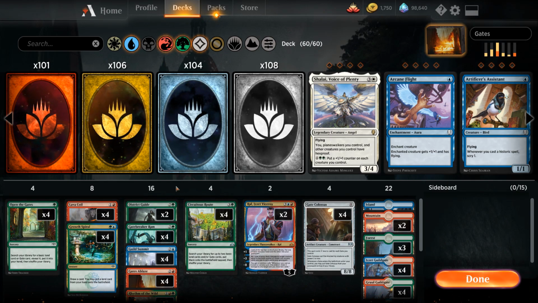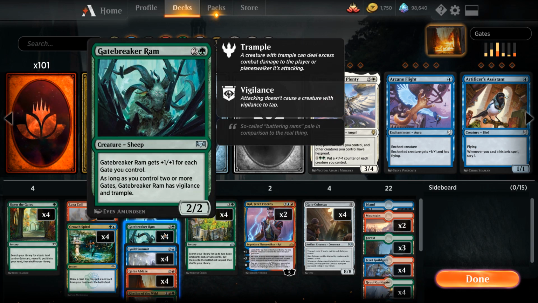So we're a gate deck, and the payoff cards for playing a whole bunch of gates, well, the win conditions, I guess, are Gatebreaker Ram, 3 mana for a 2/2 that gets +1/+1 for each gate we control. And as long as we control 2 or more gates, Ram has Vigilance and Trample, so of course it scales nicely